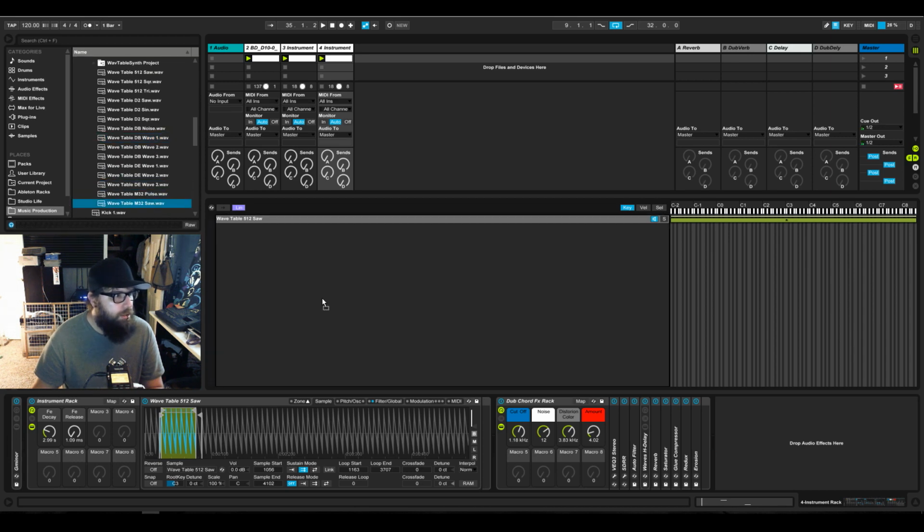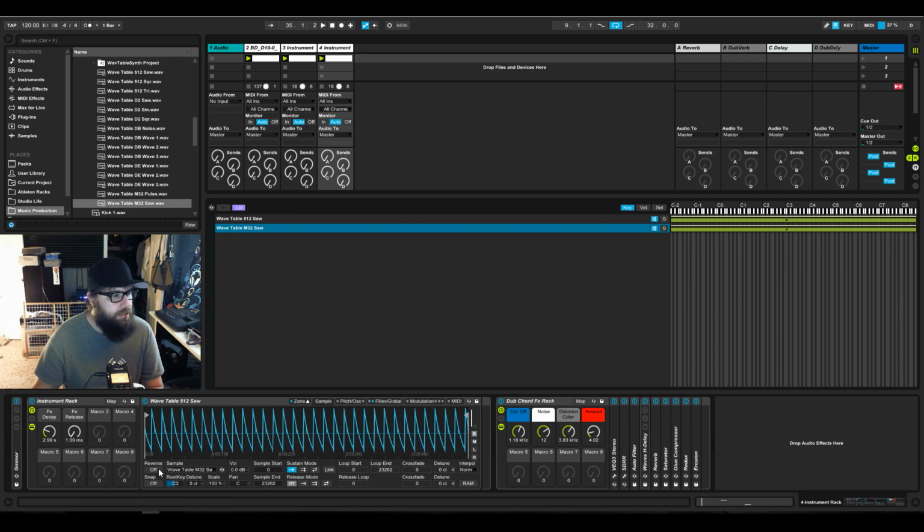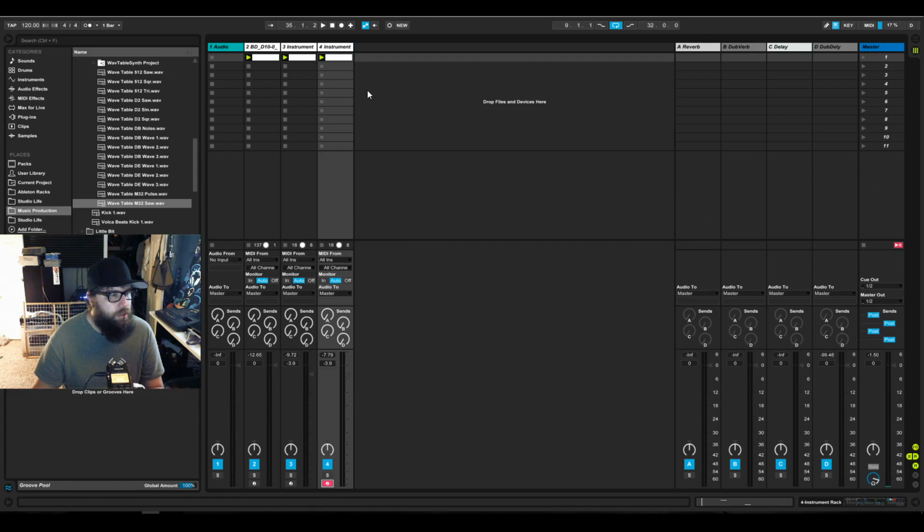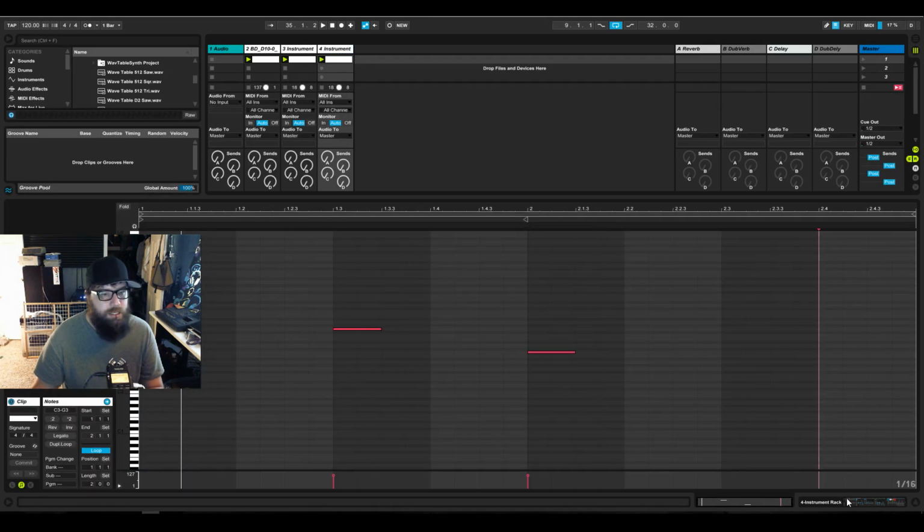Add this guy in here, so it's kind of like a 2 oscillator, right? So we're gonna loop it. And we gotta turn the recorder mode on for this, so that way when I hit the keyboard, it plays the MIDI notes.